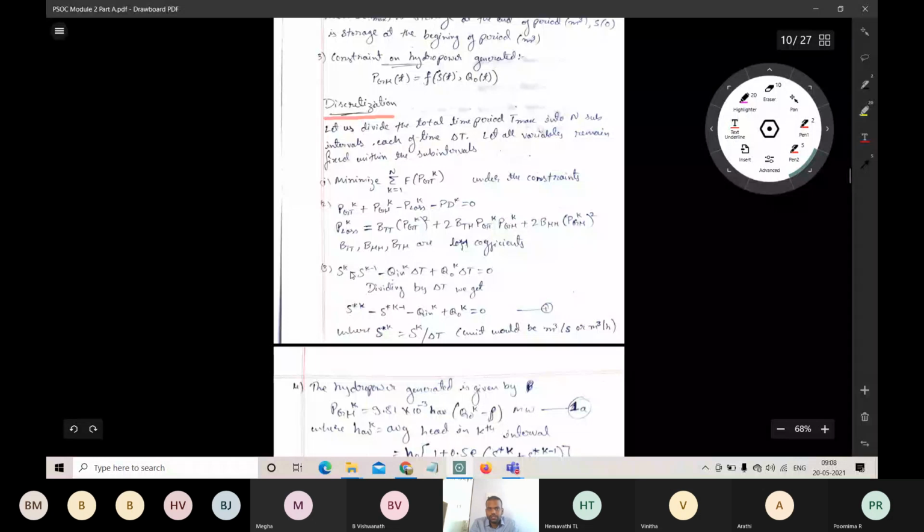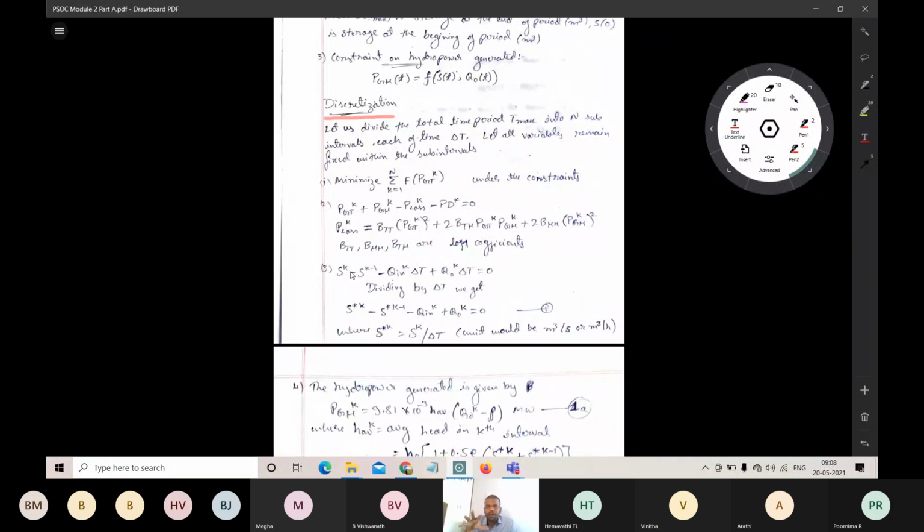And the next thing is the storage constraint. The storage comes in because the main problem that we need to solve is to determine the water discharge at different intervals. In order to understand the water discharge, we should know the amount of water available, the amount of water discharged, and the amount of water inflow. All these things will be decided by using this equation.